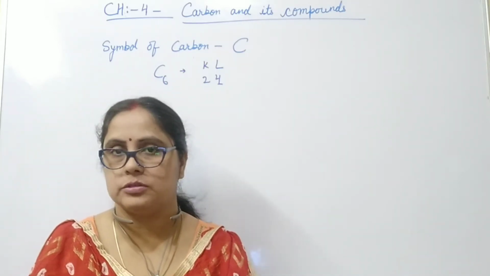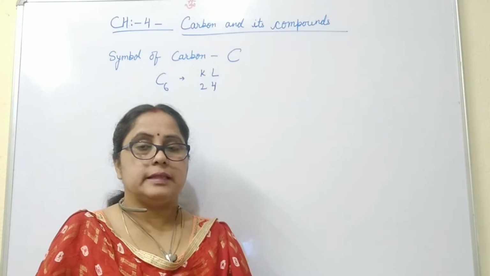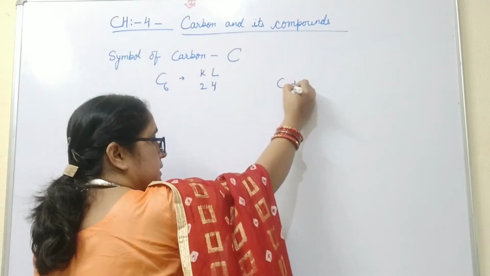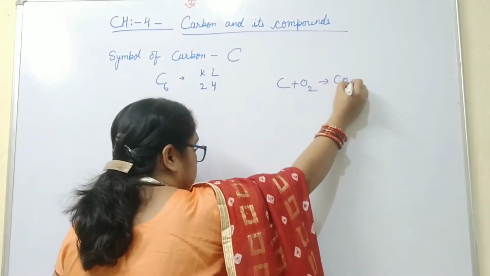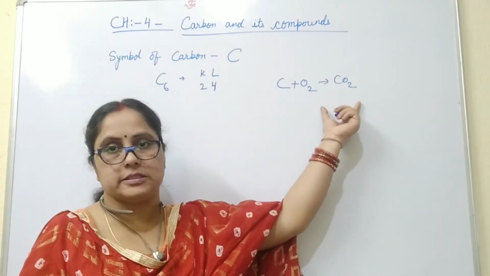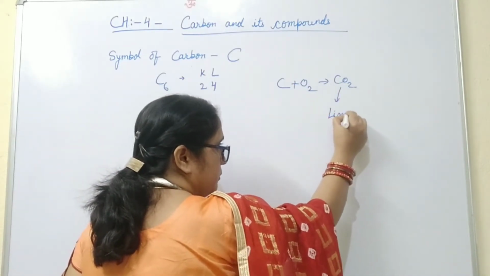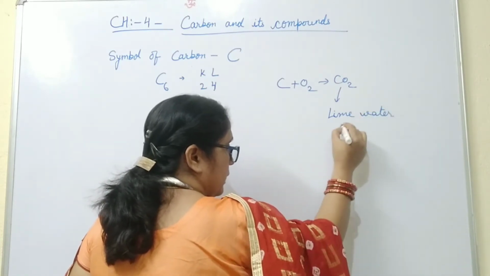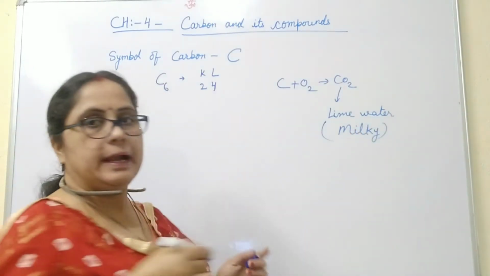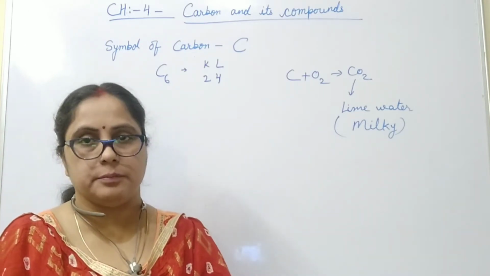Carbon, when combined with other elements, forms its compounds. These are organic compounds. When we burn or heat the carbon compounds, they produce carbon dioxide, because we know that carbon burns in the oxygen of air to form carbon dioxide gas. So when we burn a material which contains carbon, it produces carbon dioxide gas. And when we pass this carbon dioxide gas through lime water, it turns the lime water milky. This shows that the material contains carbon. In this way, we can check the presence of carbon in different materials.